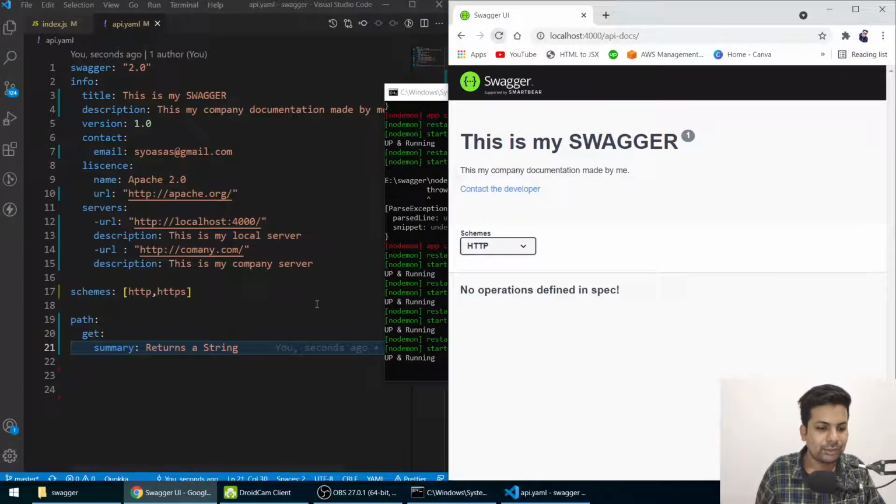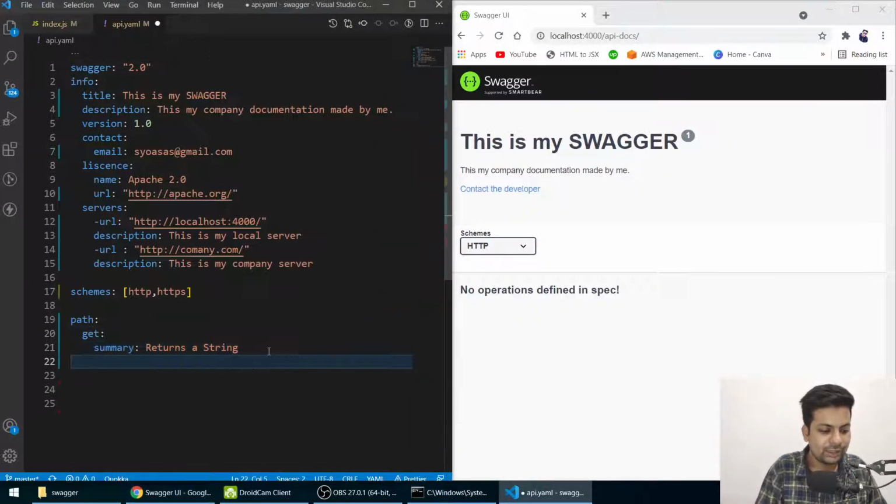So it's not appearing, we have to write more. Then we'll give the description, and here we'll say here lengthy description we can write. We can say it is just returning a fake string, like this normal. Okay now, let me save it,